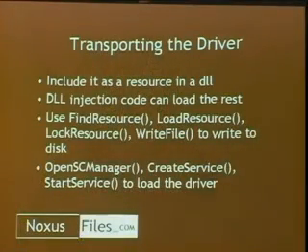Now, after we get the DLL injected, we're going to, sorry, let's backtrack a little bit. We're going to include the driver. Remember, we have to load this driver to get our stuff to work. We're going to include that as a resource in the DLL. You can embed files and text, as in the case of Zoarm here. So what you can do is use the FindResource, LoadResource, LockResource, and WriteFile functions to write to the disk. Basically, this will load this resource and then write it out to a file so that we can